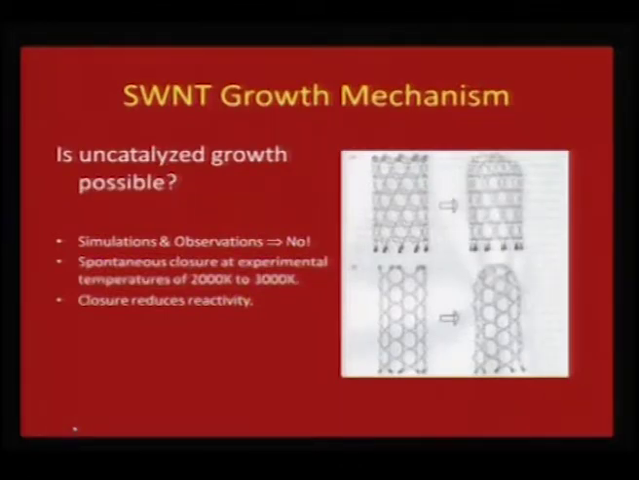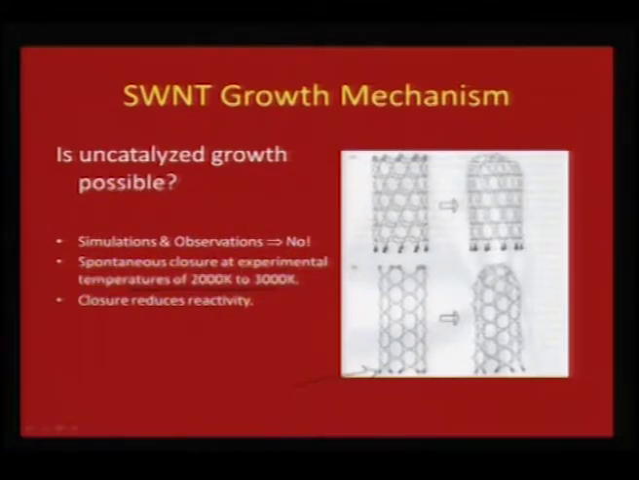So, both are important, whereas for single wall growth mechanism, it has also been tried theoretically through simulations to find out if uncatalyzed growth is possible for single wall, and what has been found out is that such uncatalyzed reactions are possible only at temperatures of 2000 K to 3000 K. Therefore, for single wall nanotube definitely there is a much clearer mechanism than the multi-wall, and what is implied here in the study is that the